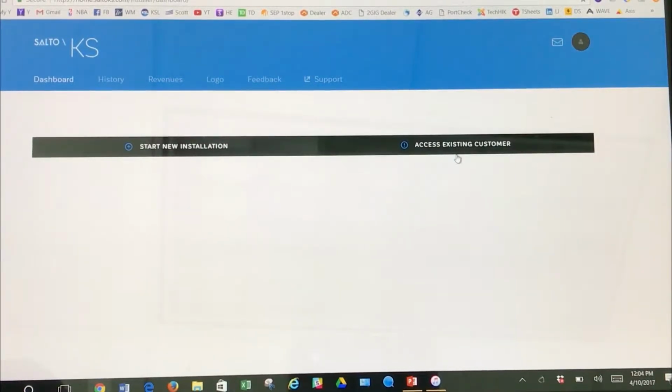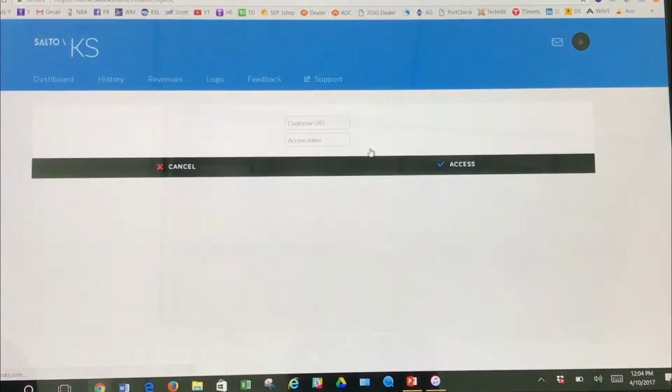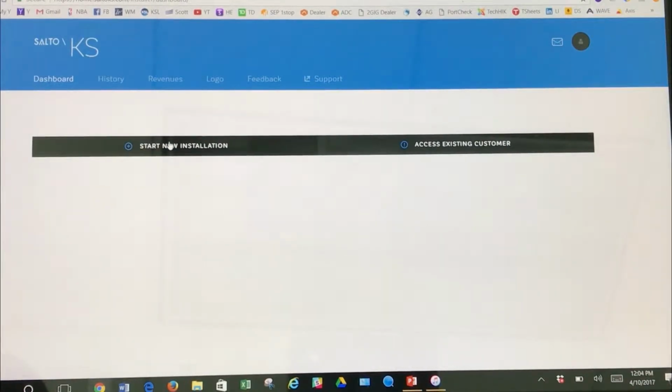In order to access an existing customer, you actually have to log into their account or have them log in and give you rights, and then it will give you a code. When you click on this, it'll give you a code and an access token. You click on that and then you can go ahead and add to their existing account. But to do a new installation, you just click over here on the new installation, and we're going to start